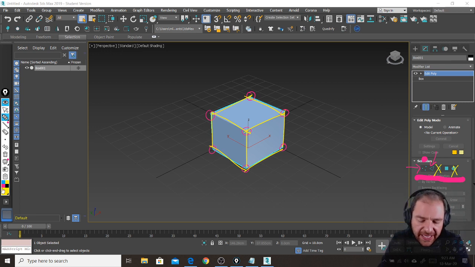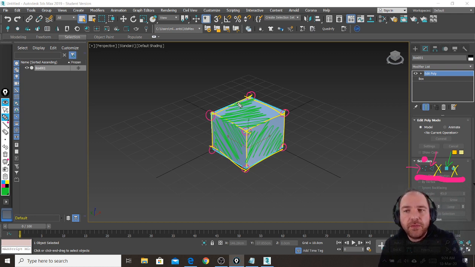And if we select this button here, that is called Polygon, we will be able to select entire faces of our selected geometry. And before going in depth into the explanation of this particular modifier,